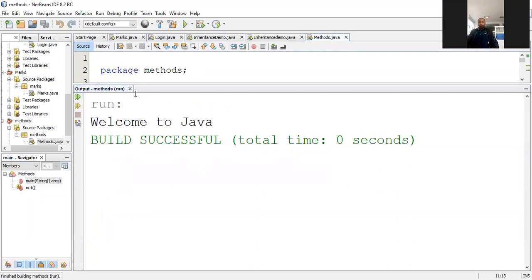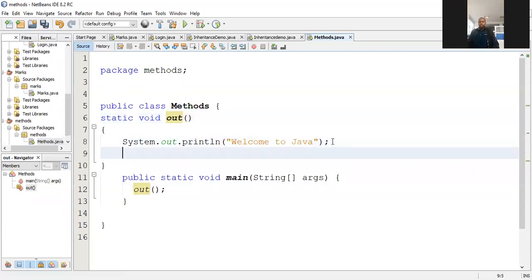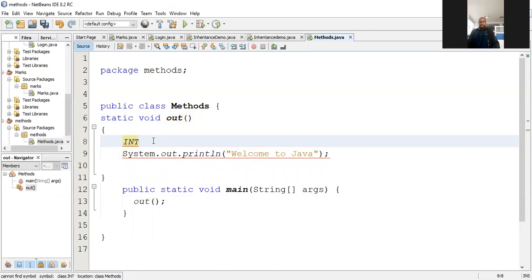Welcome to Java. Okay, basically, I'm just trying to show you how these methods without a return statement normally function. Let me show you this. Let's try another where it is just one function that will allow the user to do every other thing. Okay, so inside the function you're going to declare